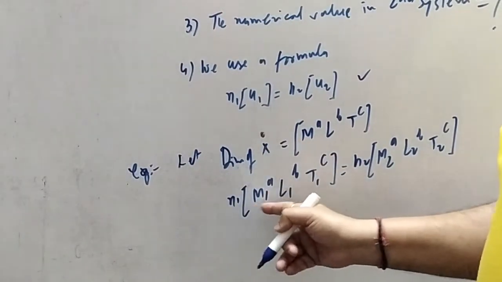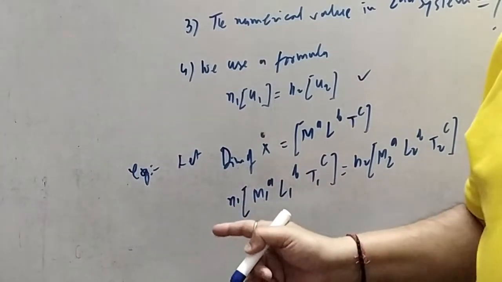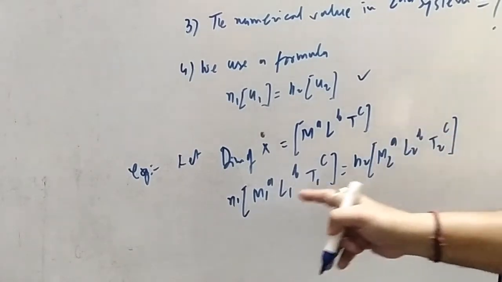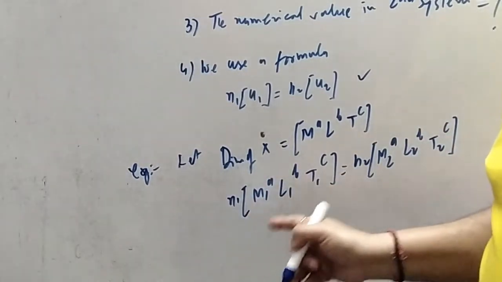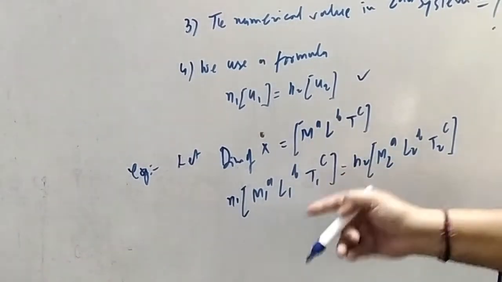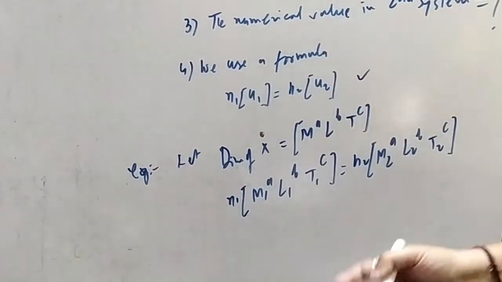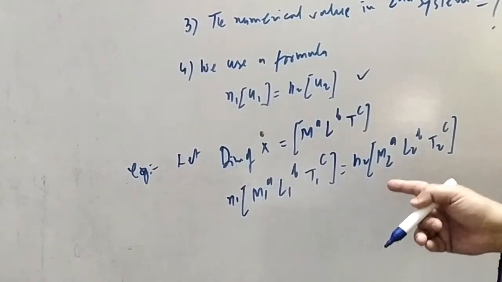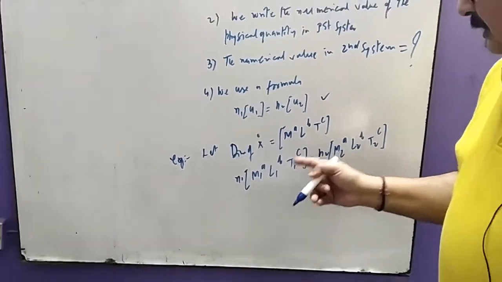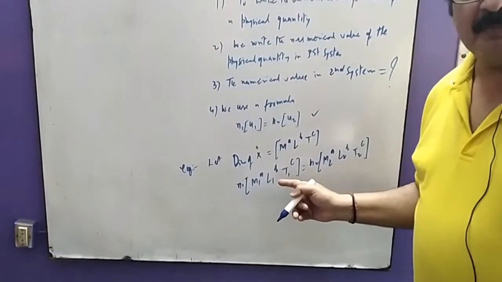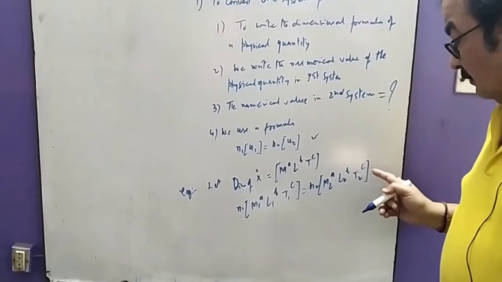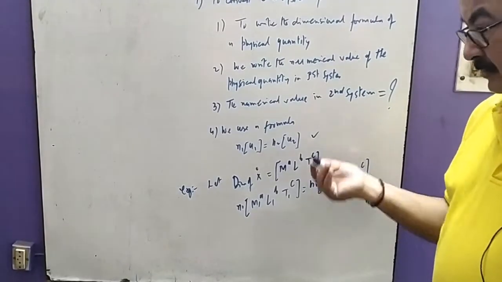Suppose the first n1 is given in the mks system, and n2 we have to find in the cgs system. Therefore, mks system के जो भी m, l और t है वो यहाँ रखेंगे. We have to put all the values of m, l, and t in this equation, and the same way we have to put the corresponding units of the cgs system here. जैसे मान लो यहाँ पर किलोग्राम, यहाँ पर मीटर, यहाँ पर सेकंड रखा है, यहाँ पर हम क्या रखेंगे: ग्राम, यहाँ पर सेंटीमीटर, यहाँ पर सेकंड. ठीक है, जैसे सिस्टम है.